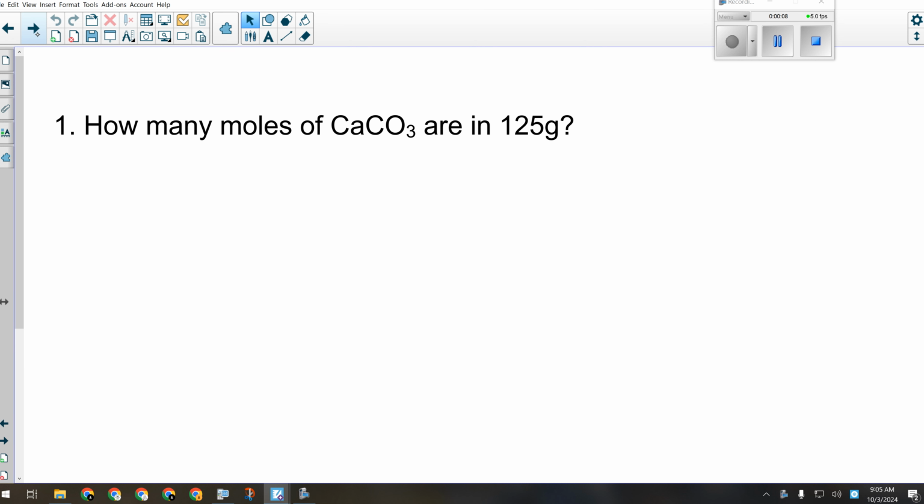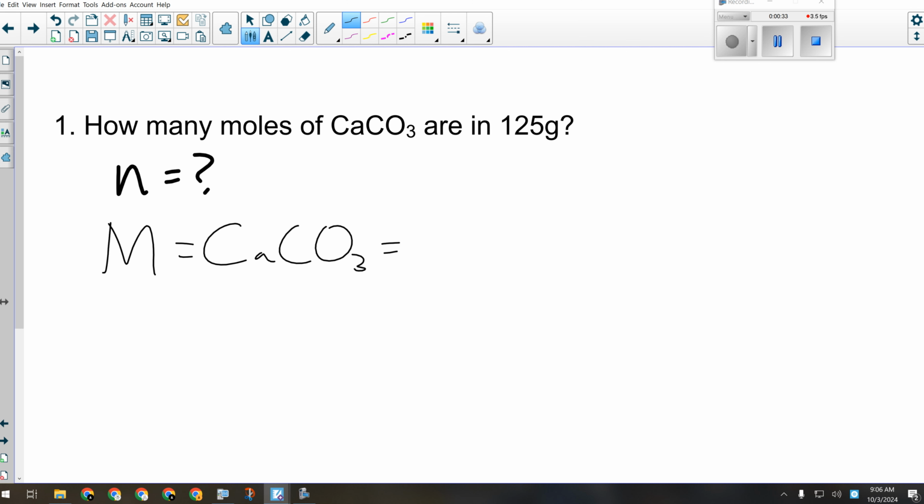Okay, so how many moles of calcium carbonate are in 125 grams? So this is a type 1 mole equation problem. We're looking for the number of moles, which is which letter? N, yeah. So we're looking for N here. And we're told that it is calcium carbonate, so that is